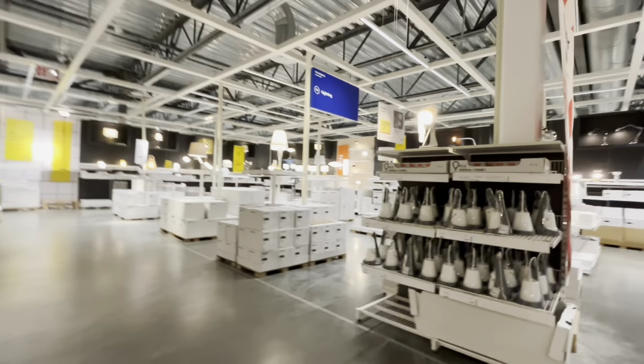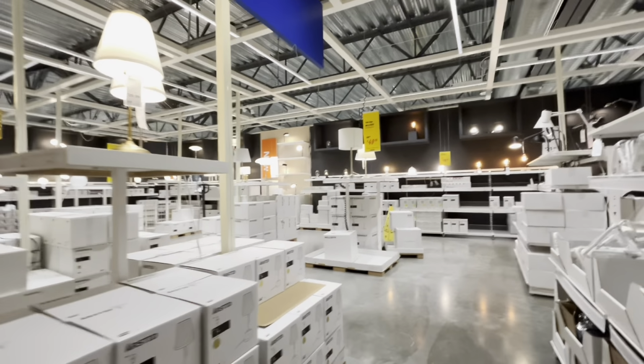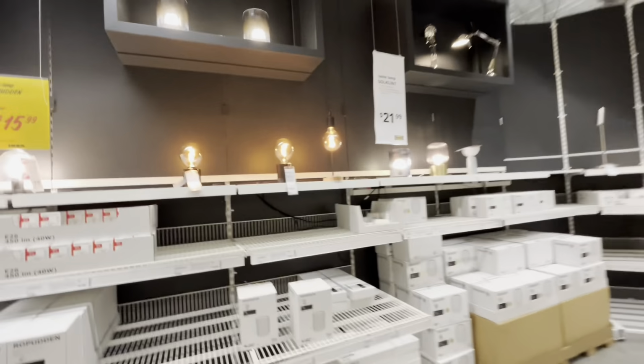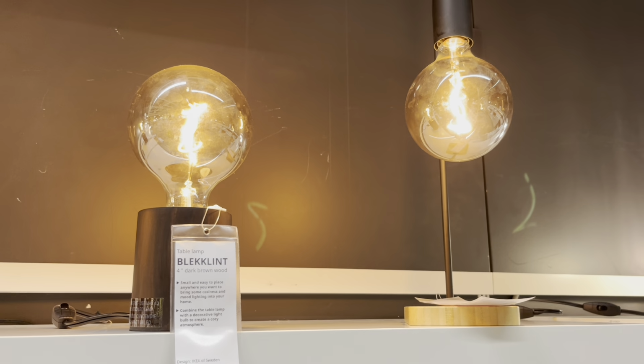Now there's not a lot of a selection, it looks like, but still looking very cool. I actually have a lamp here that I bought from IKEA a couple years ago that's in the living room, which is pretty nice. I absolutely love these sort of warmer